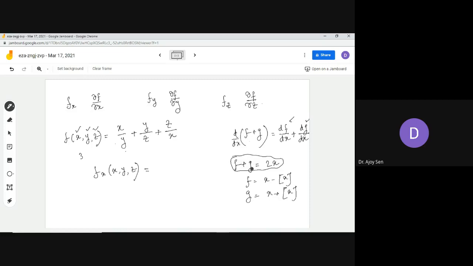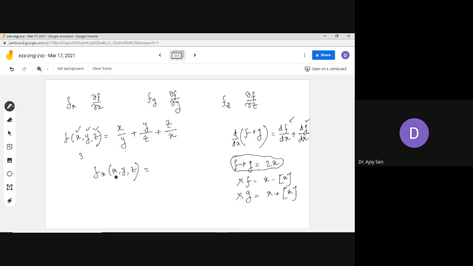So whatever functions you break, make sure that those functions are derivable. You can't take such a kind of function. The addition of two functions is twice x. Now you can take any two functions f and g whose addition gives you 2x, but the individual functions can be anything. So there are lots of possibilities, but make sure that f and g are derivable. In that case, you can write this kind of law. So this kind of law also holds here.